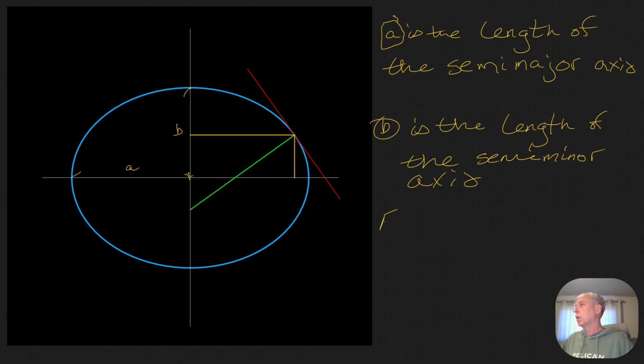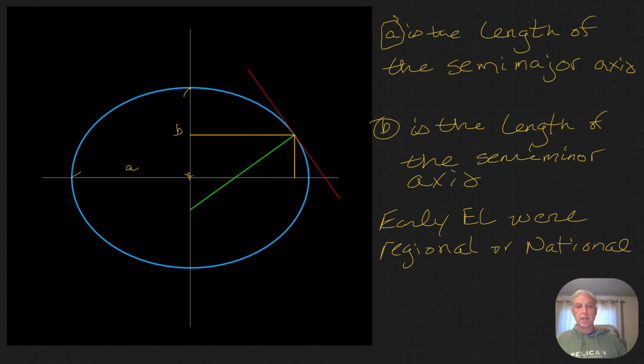Early ellipsoids were either regional, or given a small enough country, national. This means that in defining the ellipsoid, an agency, an individual, or a creating body might try to fit the ellipsoid to a specific region, say a 1,000-mile by 1,000-mile region local to them. However, contemporary or modern